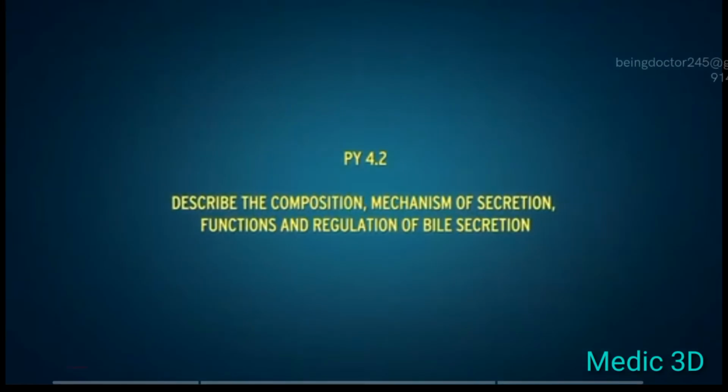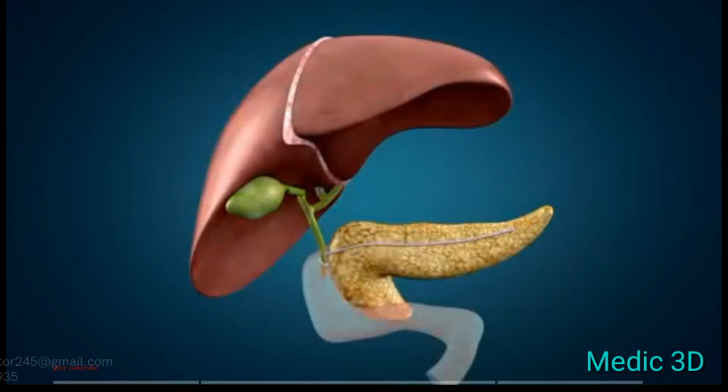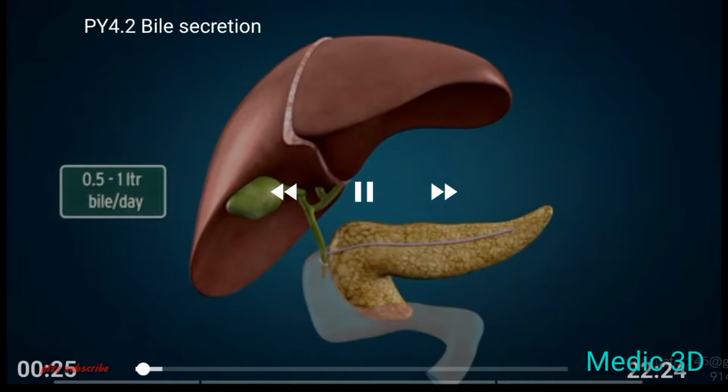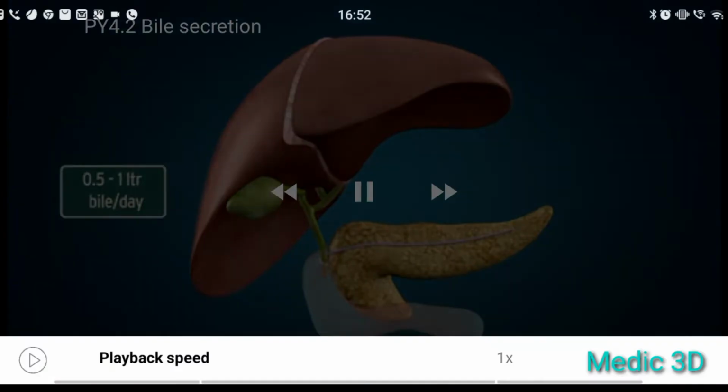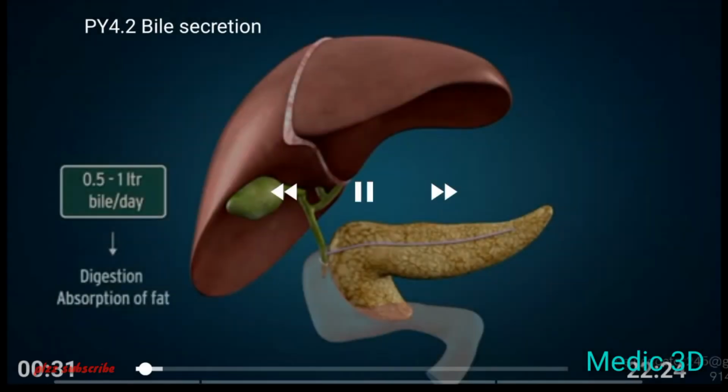Describe the composition, mechanism of secretion, functions and regulation of bile secretion. Bile is secreted from the liver and through the bile ductules it is excreted. Around 0.5 to 1 liter of bile per day is secreted by the human liver. For digestion and absorption of fat,